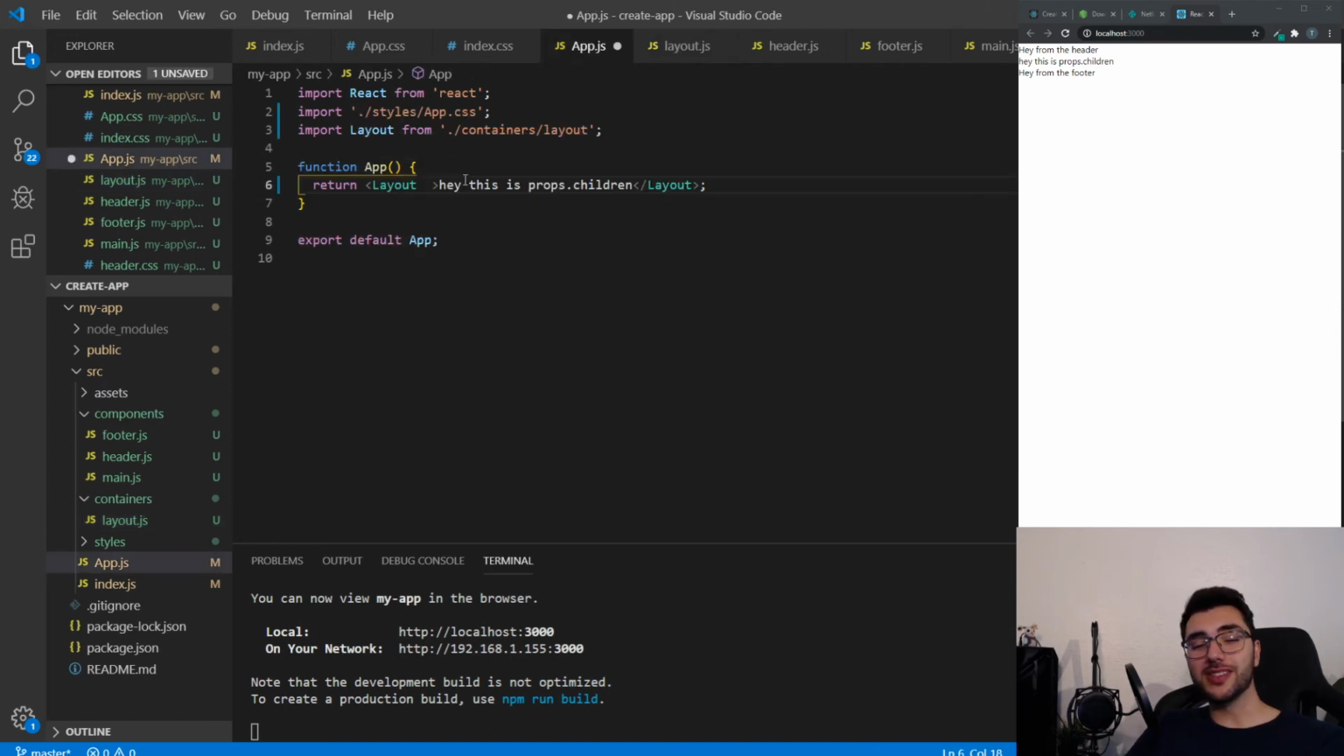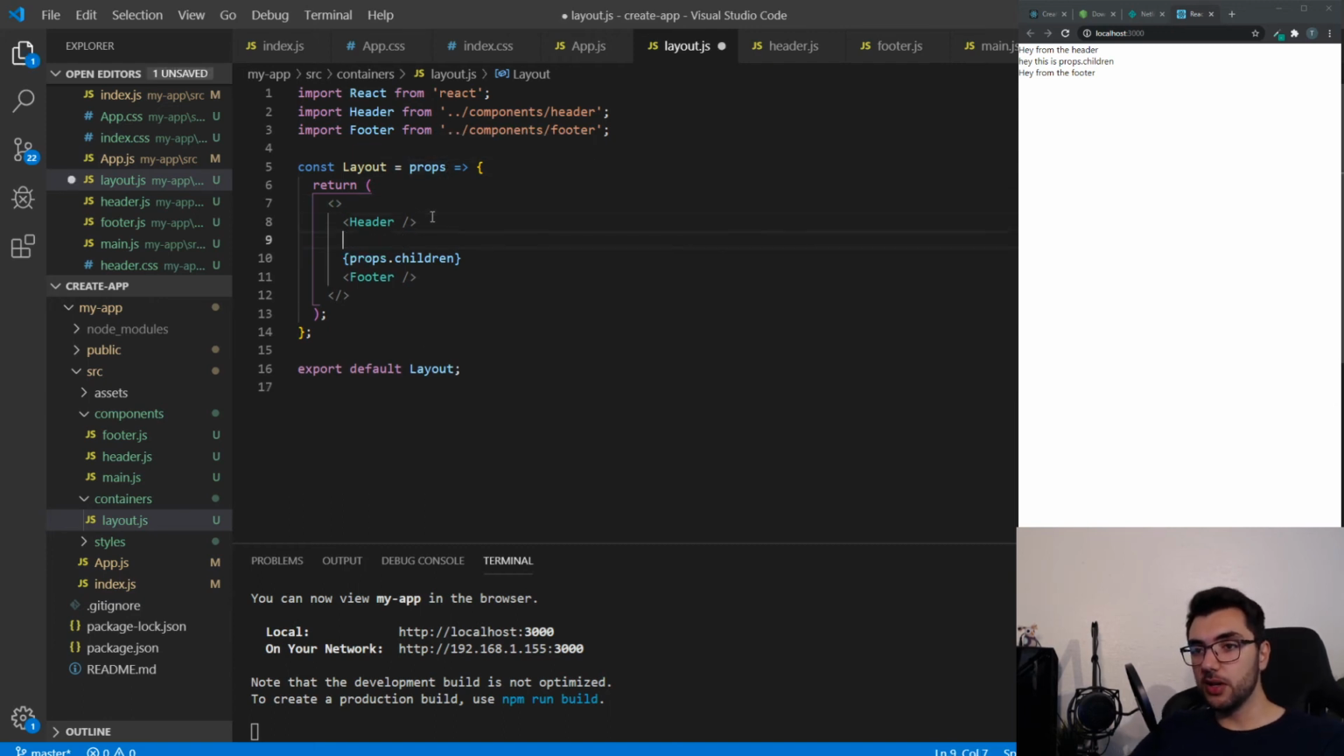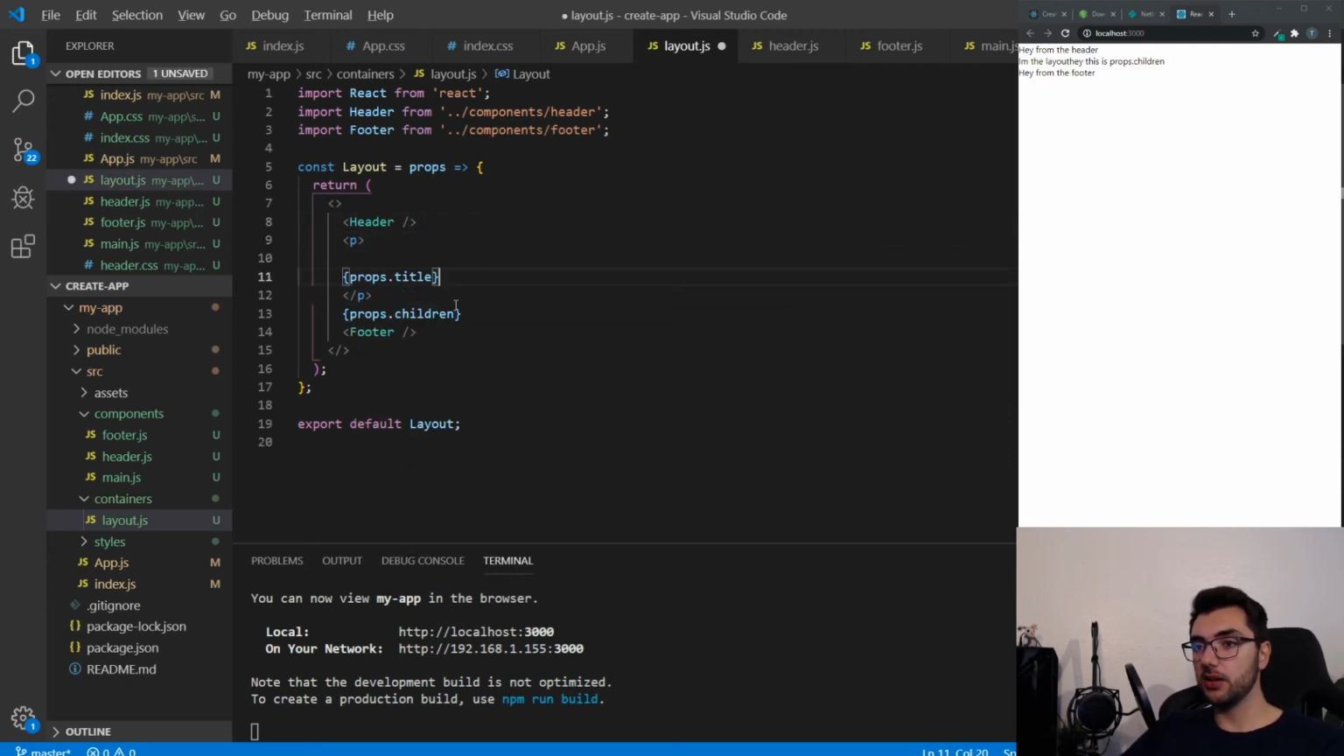I could also give this layout custom props. I could say title equals hello, I'm the layout. And then in the props object, I will now have access to something called props.title. So if I go in here and say I want props.title, if I take this into a p tag like this,